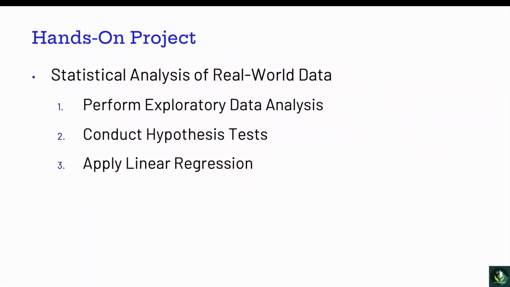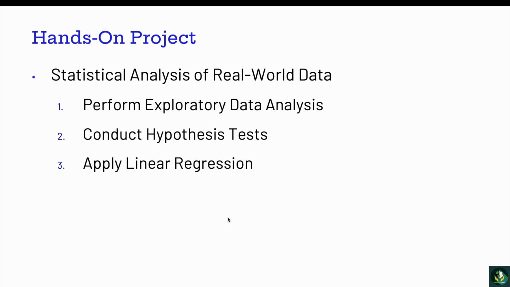But this kind of ends our day 7 on week 4, where we have done a bunch of different things, and most of the deliverables from this project are: we did the exploratory data analysis report, which includes visualizations and summaries of data distribution and relationships. We did hypothesis test results, which clearly state hypothesis test statistics, p-values, and conclusions. And linear regression results we saw, which presents regression coefficients, r square, and interpretation of the relationship. And we can create a comprehensive report out of this, which summarizes the insights and findings in a clear and concise manner,